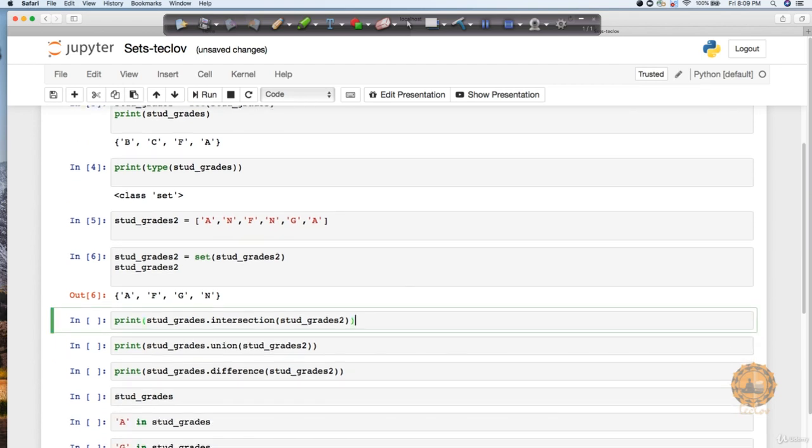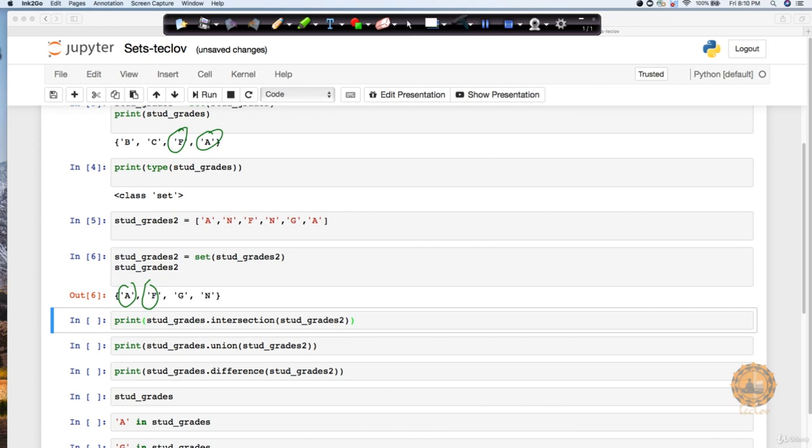Now I want to find out the common values between them. For example, A is common here, F is common here, right? And there's nothing else common. So it is going to return all the common values.